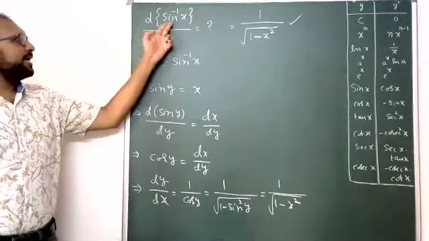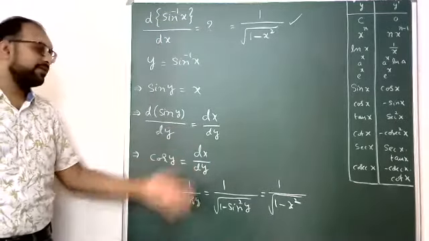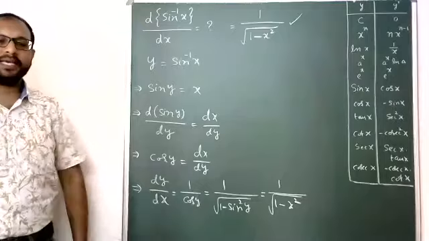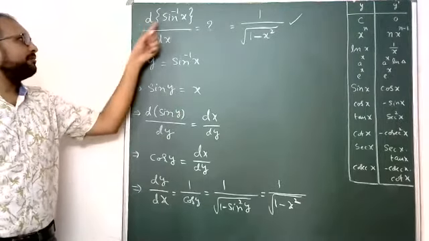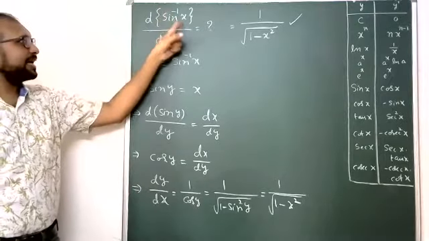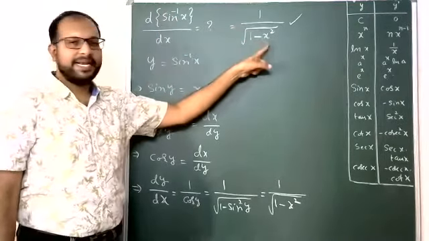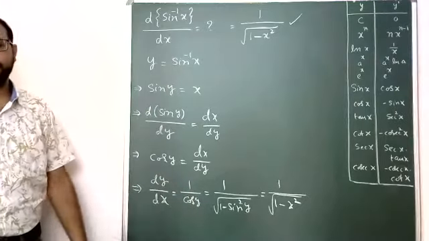So this is the derivative of sin inverse x. All of this is used in our physics problems as an application. The derivative of sin x is cos x, okay, but here for sin inverse x it is 1 by root over 1 minus x square. This is the complete method to find it.